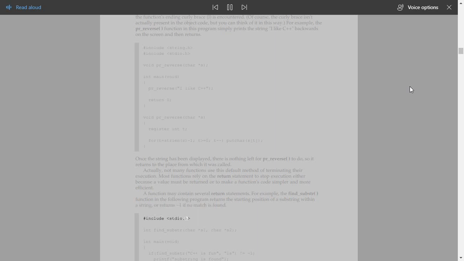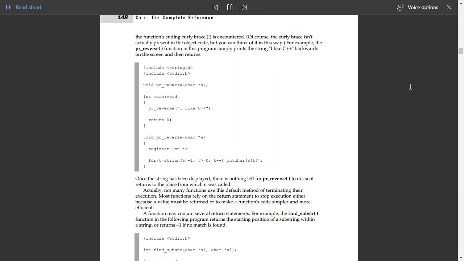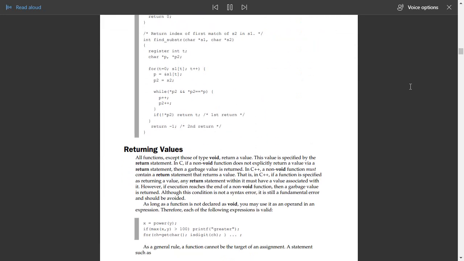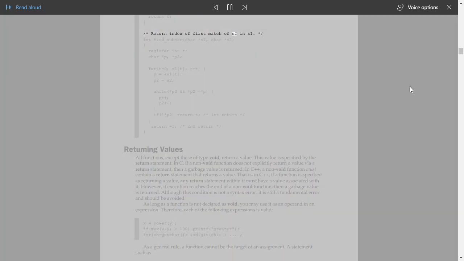#include <stdio.h> int find_substr(char *s1, char *s2); int main(void) { if (find_substr("C++ is fun", "is") != -1) printf("substring is found"); return 0; } /* return index of first match of s2 in s1. */ int find_substr(char *s1, char *s2) { register int t; char *p, *p2; for (t = 0; s1[t]; t++) { p = &s1[t]; p2 = s2; while (*p2 && *p2 == *p) { p++; p2++; } if (!*p2) return t; /* first return */ } return -1; /* second return */